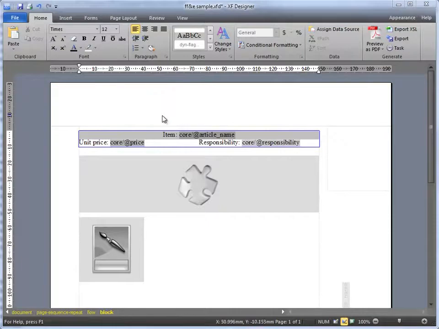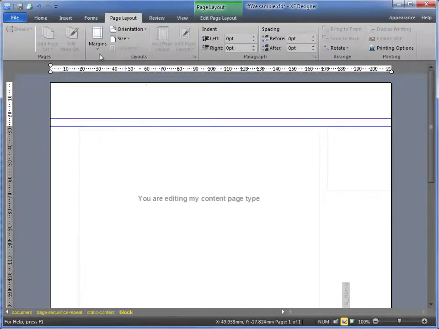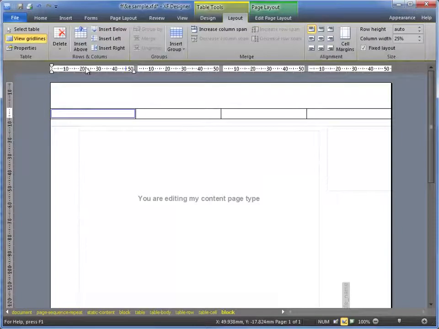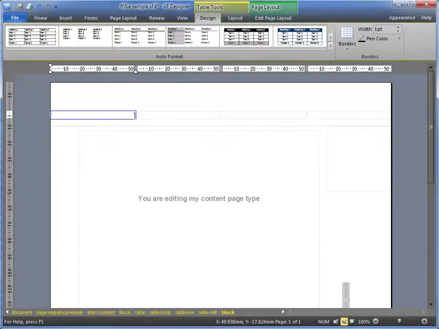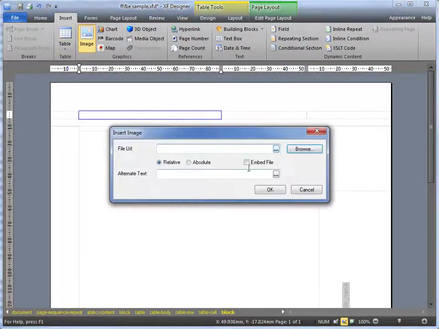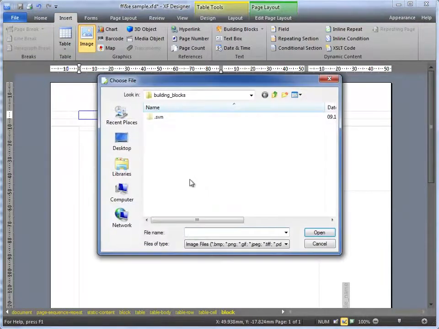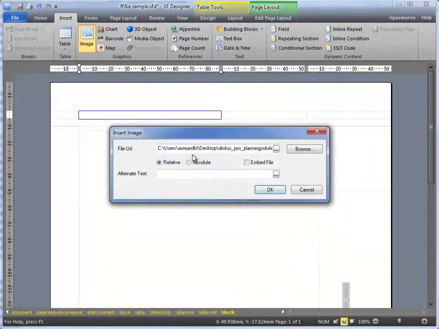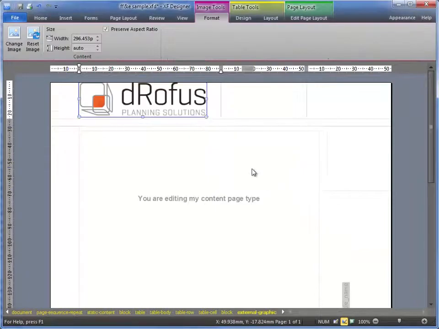Next we will insert the header, so double click on the header area, and this I'll build up using a table. So I create a table, and if I go to design, clear all formatting, and since we set the page layout, this should flow the entire width of the page. I'll just use the first cell to align my content with the body area, and I'll insert an image, in this case a static URL from the desktop, and I'll click embed file,